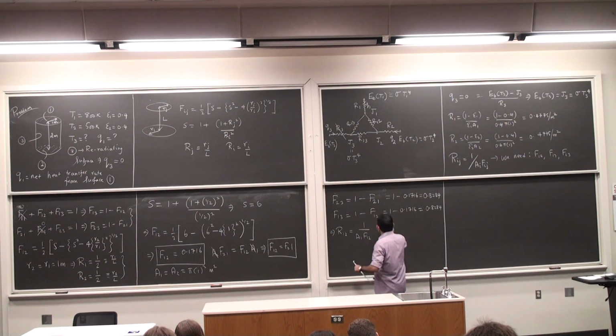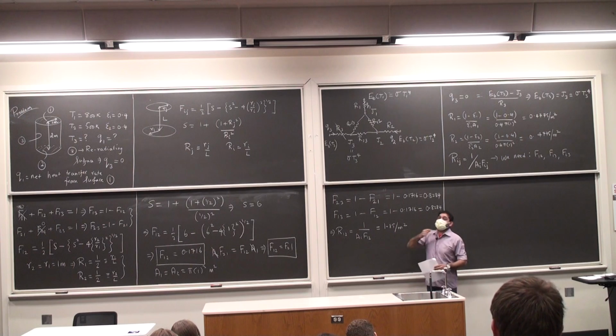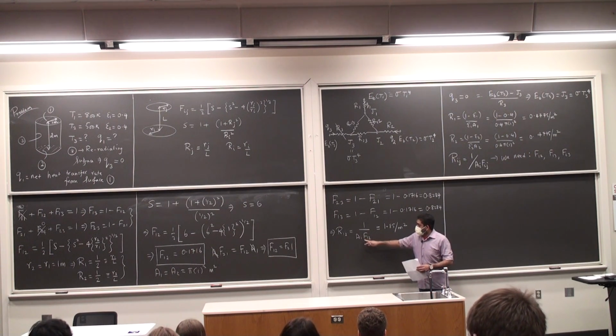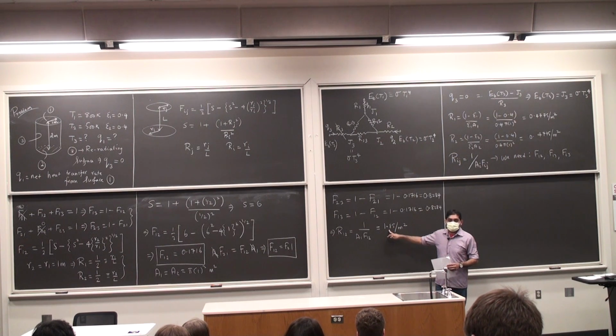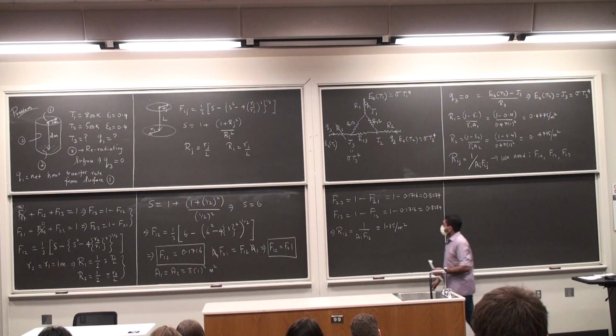0.85 per meter square. Make sure that you're doing it as 1 by A1 F12. I have commonly seen people making the common error. They will just calculate A1 F12 and write that as the answer here. Okay, so please make sure you're doing it as a reciprocal. Okay, and then likewise